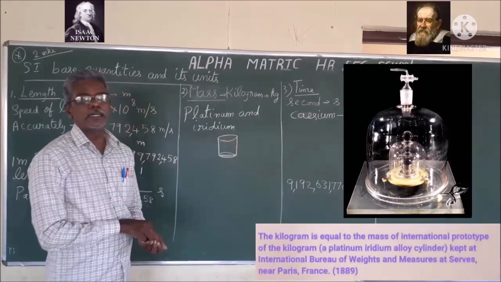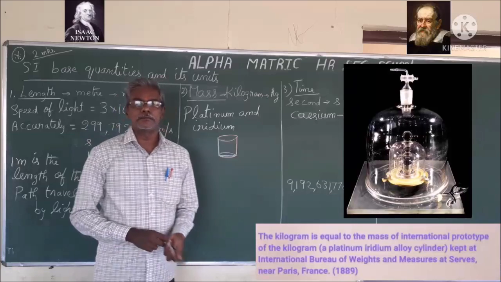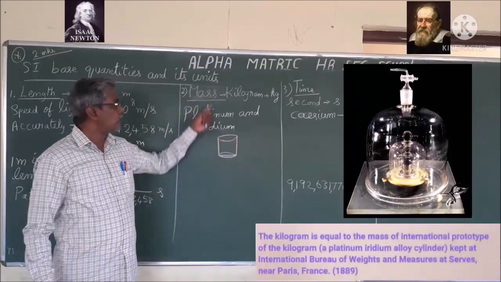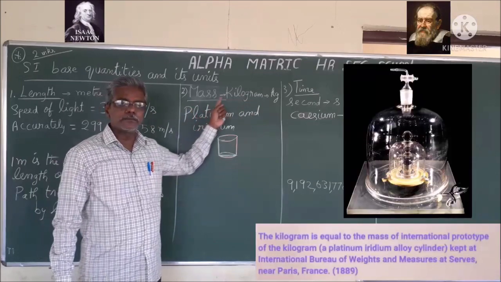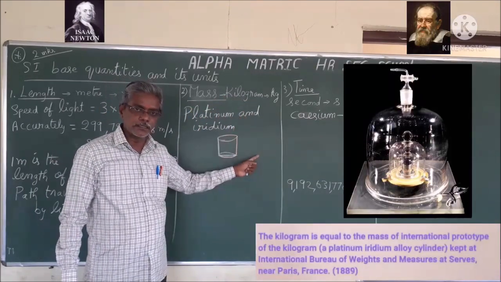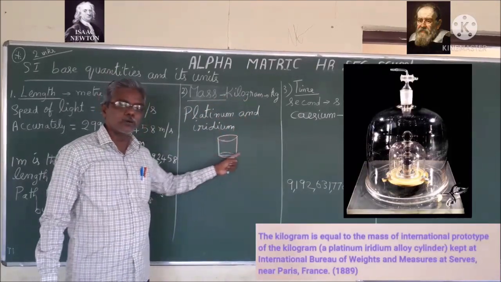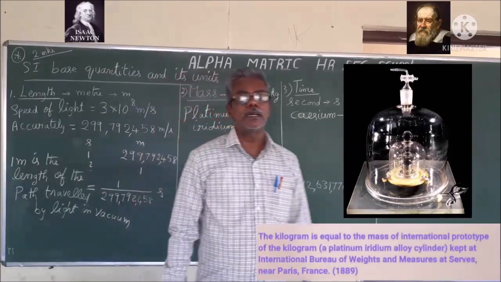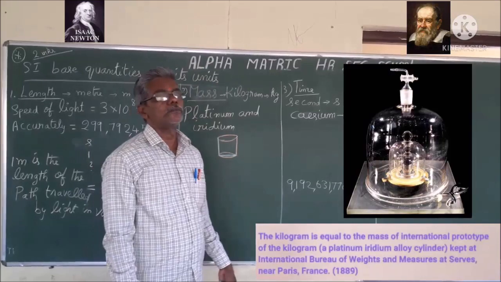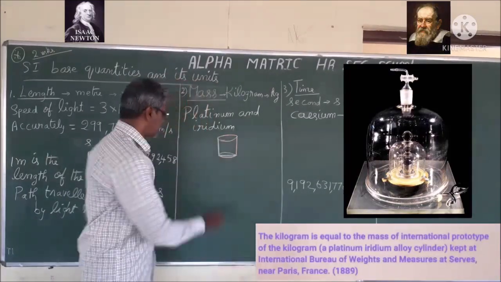I will repeat: 1 kilogram of mass is equal to the platinum iridium cylinder whose height is equal to the diameter, kept at the International Bureau of Weights and Measures